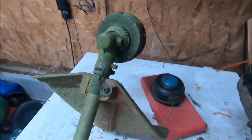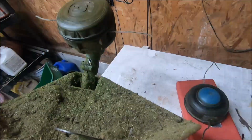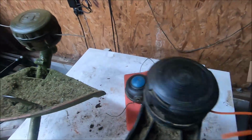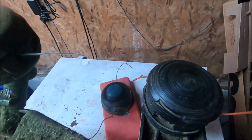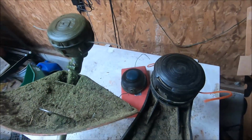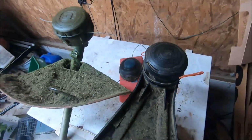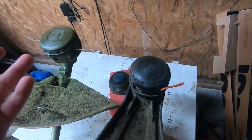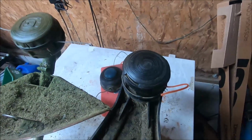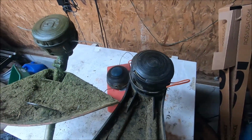And that can be an expensive fix, especially with Husqvarnas and other various models like STIHL and stuff like that. But hands down, guys, if you're getting one of these speed feed heads out on the market, like STIHL, if you're getting the STIHL speed feed head, get it for the unit that it goes to. Don't be fooled by these people saying that these are great heads for other units. I've had to learn this the hard way, guys. Running speed feed heads, or just any type of string trimmer head,